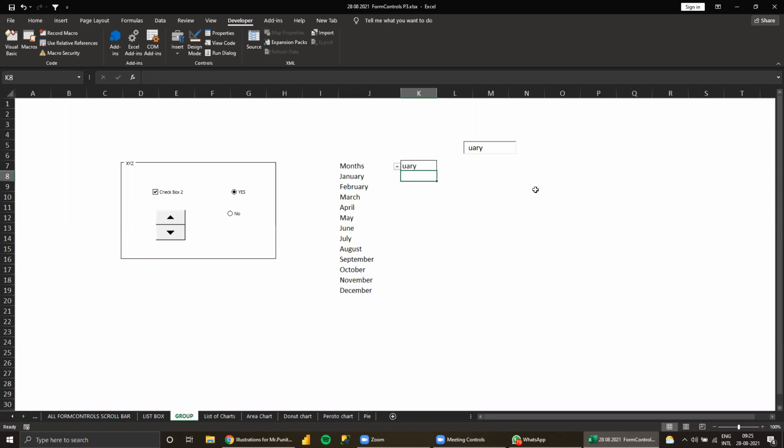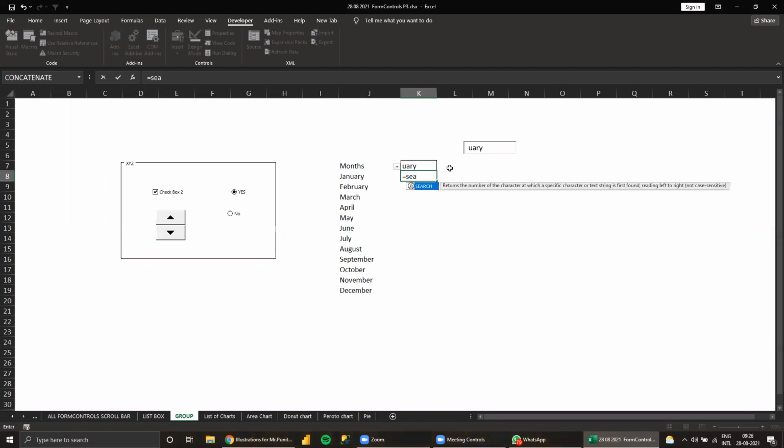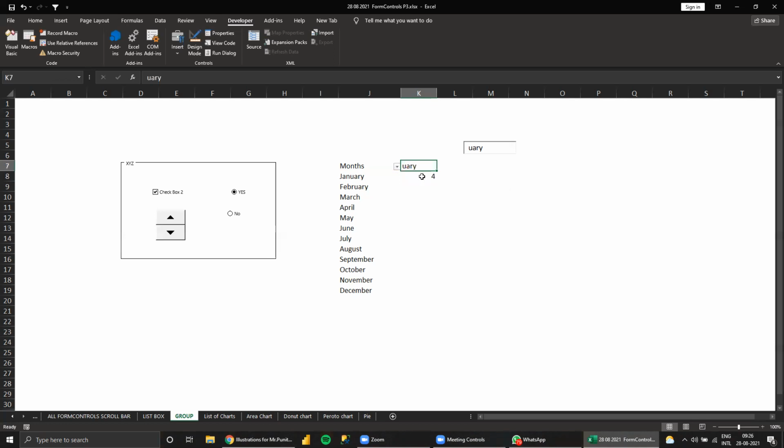Is it ISBLANK, Anand? Whether something is there or not? No, I need to find this within this. Exact? No, EXACT is a different formula. SEARCH will work. Correct.